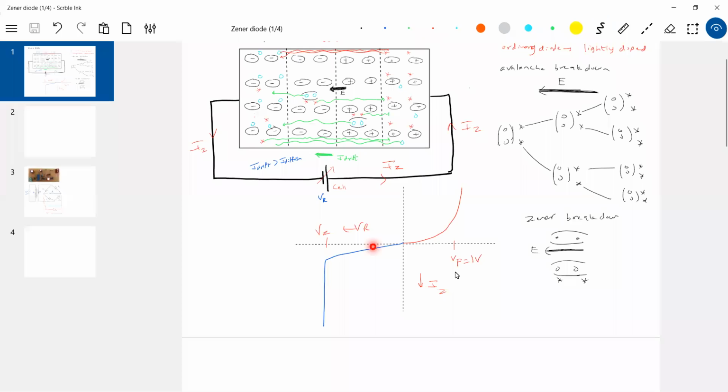As a breakdown occurs, it will not burn out. The material is so designed that it can cope with that large amount of heat which is generated. So how does it cope with the large amount of heat? The Zener breakdown, instead of 24 volt, I'll adjust it around 5 or 10 volt. Suppose even Zener breakdown occurs at 50 volt.